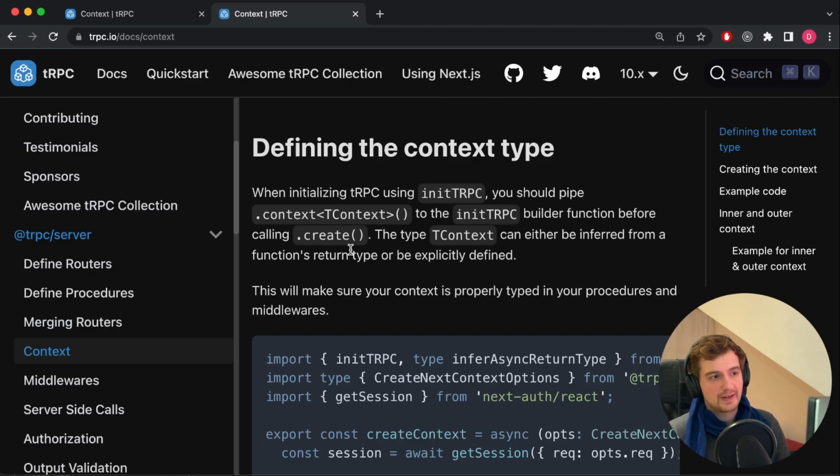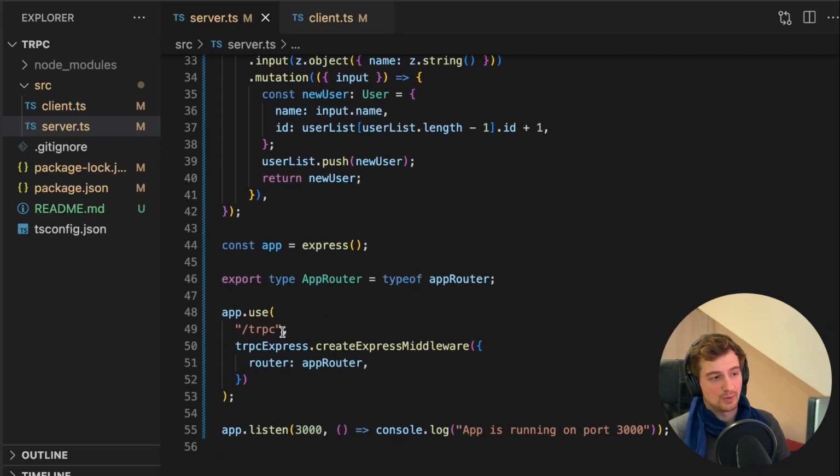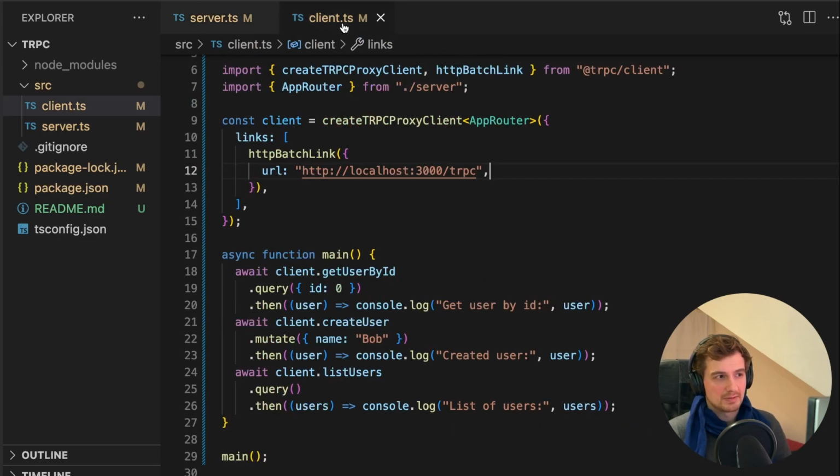We also need to define the context function itself and add that when we define our Express middleware. So before we implement it on the server side, let's update the client to reflect what we actually want to achieve. So let's assume that with every request we pass in the current user ID. Of course, in a production scenario, you would probably pass a JWT of some sorts for authentication, but just to